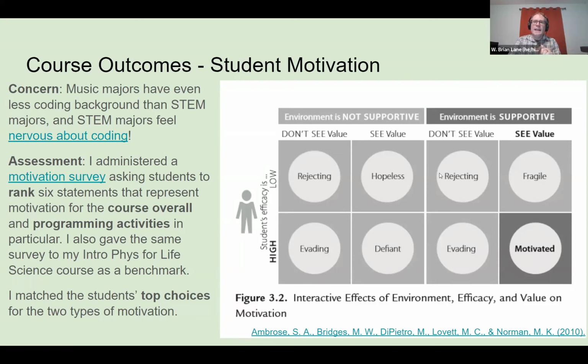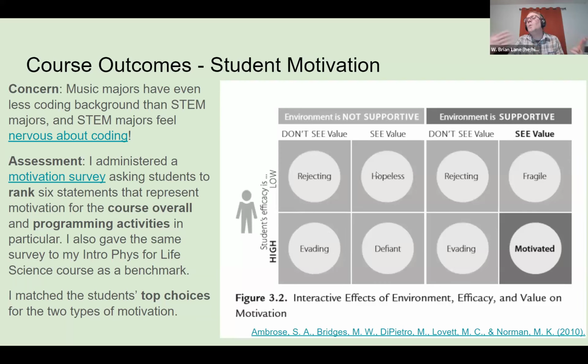So it turns out you get 8 combinations of this. 6 of them are unique in terms of how it impacts the students' motivation. I'd refer you to the link here if you want to go and read what each of these means. But basically, depending on the combination of those support factors, you might find that the students are rejecting the course. They're just blowing it off, putting in as little effort as possible. You might find that students are evading the course, right? Like they think they can do it, but they're trying to put in as little effort as possible.